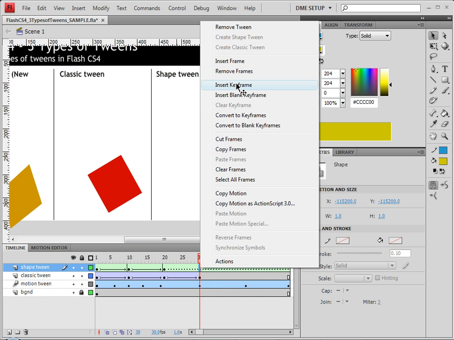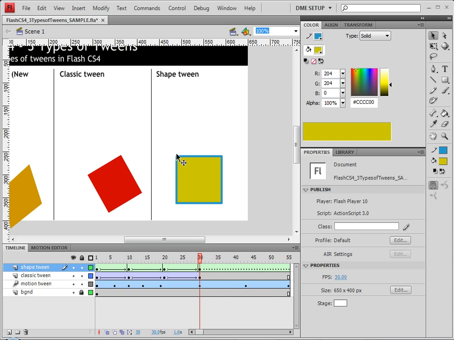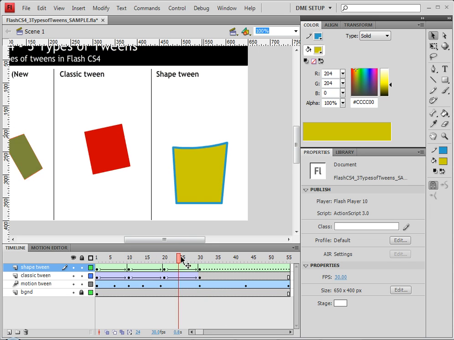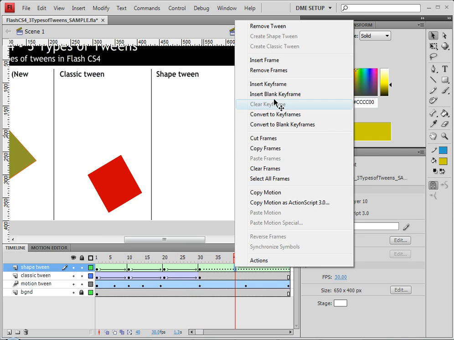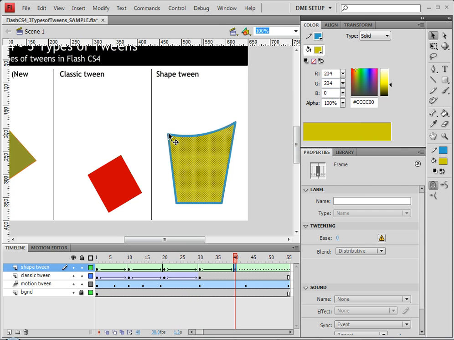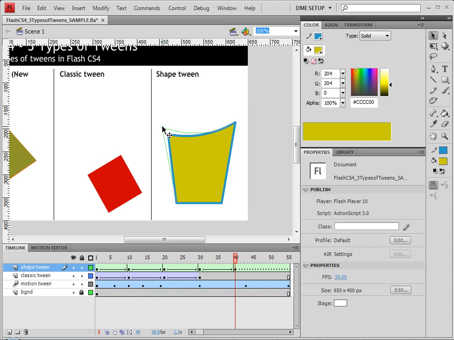I'm going to go to another time, insert a keyframe, and now I'm going to modify my shape by clicking off of it and then dragging over the different lines. And here's where you really get to see the power of shape tweens. Shape tweens have the ability to have all sorts of different distortions as well, which is what makes shape tweens so unique to the other types of tweens out there. The ability to have distortions can be really, really